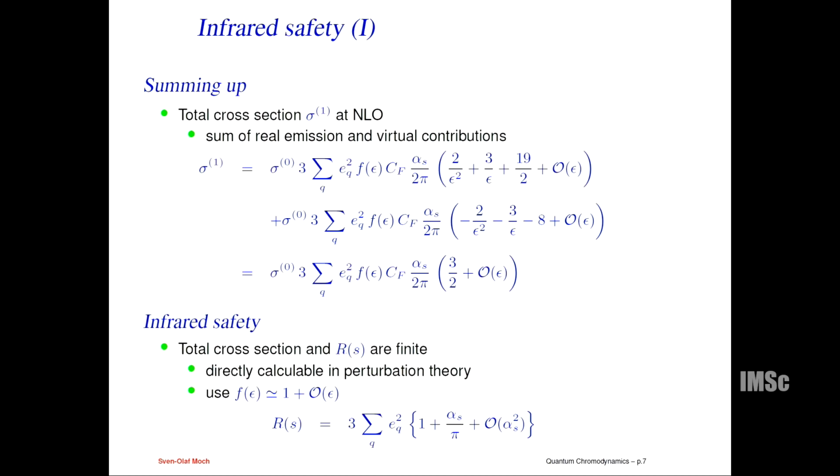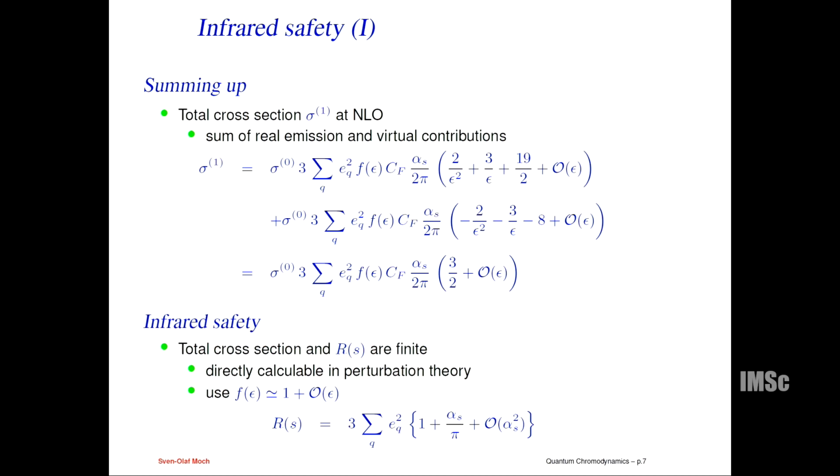So now we have these two results here, and in order to compute a total cross-section, now we simply have to sum up all contributions at a given order in perturbation theory. So since we're working at next to leading order, we sum up all the contributions which are proportional to 1 power of alpha s. So we have the real emission part, which is the first line. We add the virtual contributions, and then we see that all these pole terms precisely cancel, and we end up with a finite result, which in the normalization that I've chosen is simply 3/2.